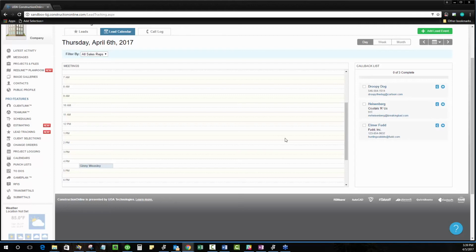Once you've created those callbacks, everything really falls into place and you can just go look at today's agenda and see, all right, come in here, filter by yourself, and say, here's my game plan. I've got Ginny Weasley in here, and I've got a meeting at 4:30. Sometime between now and then, I've got to make all of these calls and go through and do this as well. And so, as we're working on this,